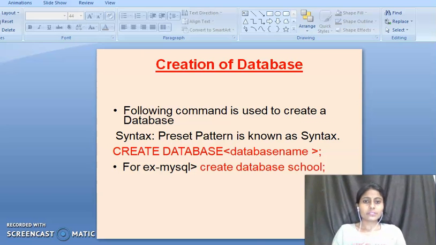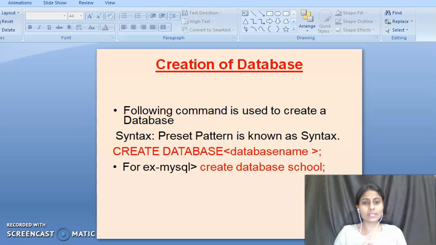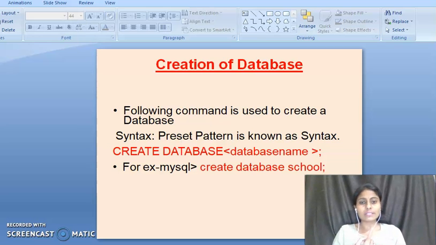So after introducing a few terms related to structured query language, today we will start the creation of a database. Today I will tell you how we can create a database in structured query language software. First of all, we have to know which command is used to create a database, because I already told you that in MySQL we use predefined commands.